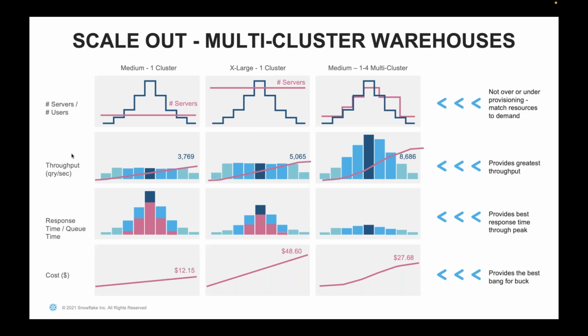So this is just another example showing how medium one cluster, extra large one cluster, and medium 1 to 4 clusters are costing, and the output and the cost. I think when I was running my queries earlier on the medium 1 cluster, my workload was low and the throughput was also good. I was running 3700, 3800 queries in that time. Now what happens is my query response time or queue time is more. Why? Because my queries are queuing up because they don't have enough resources. So what I did is I changed the cluster from medium to extra large.